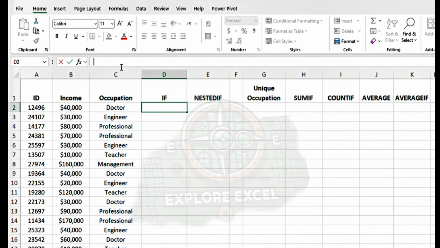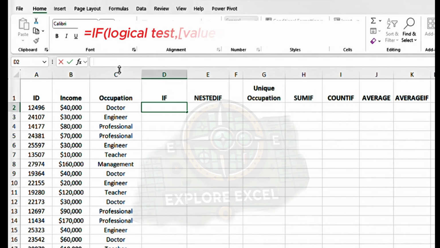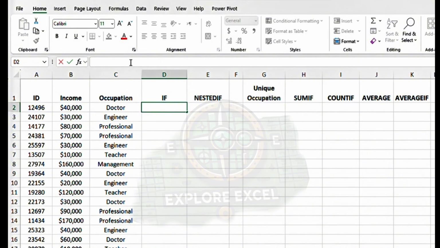First up, the IF function, Excel's way to categorize data based on a condition. The IF function tests a condition and returns one value if true and another if false. The syntax is equals IF(condition, value if true, value if false). For example, let's classify incomes as above average or below average. If the income in the income column exceeds $50,000, we'll write